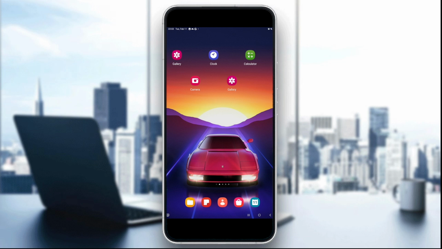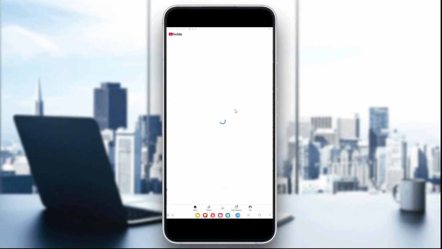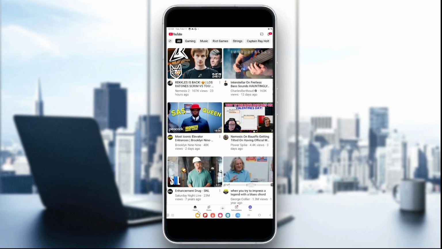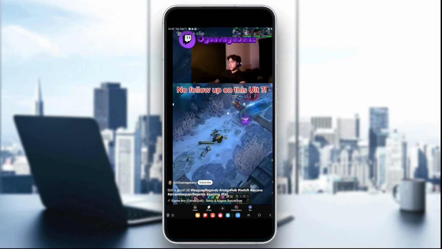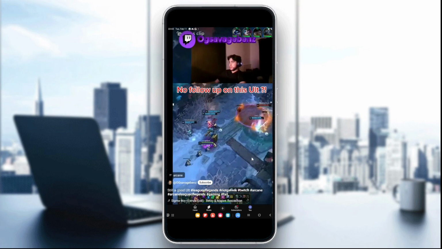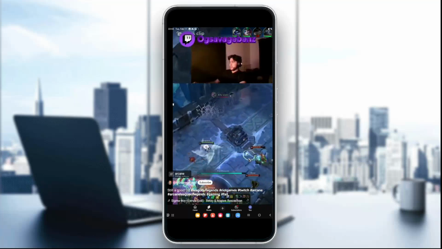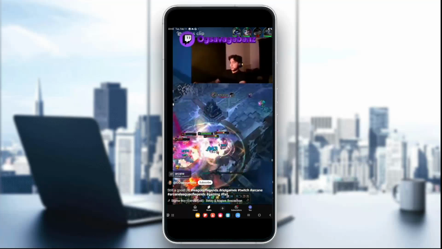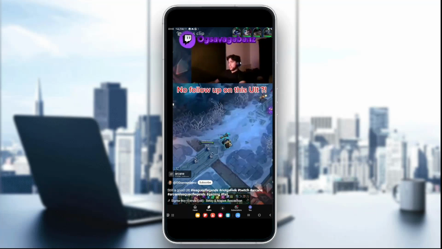The first step is to check if auto-scroll is enabled by default. To do that, just open the YouTube app and go to the Shorts section right here in the bottom, next to Home. Click on the Shorts right here. Now watch a short and wait a few seconds after it ends, and if it doesn't auto scroll,